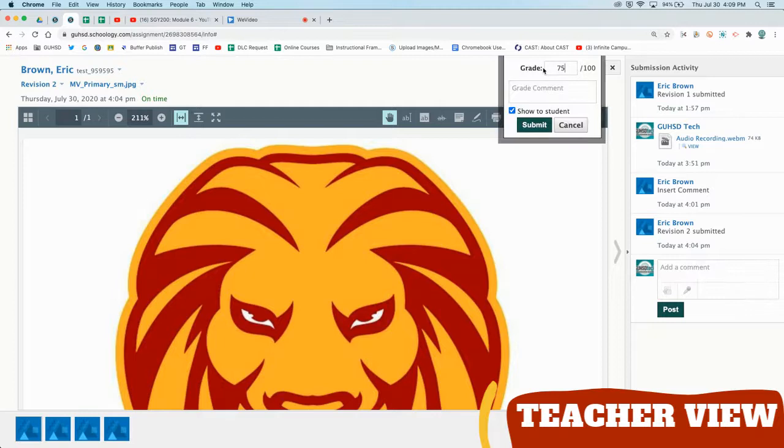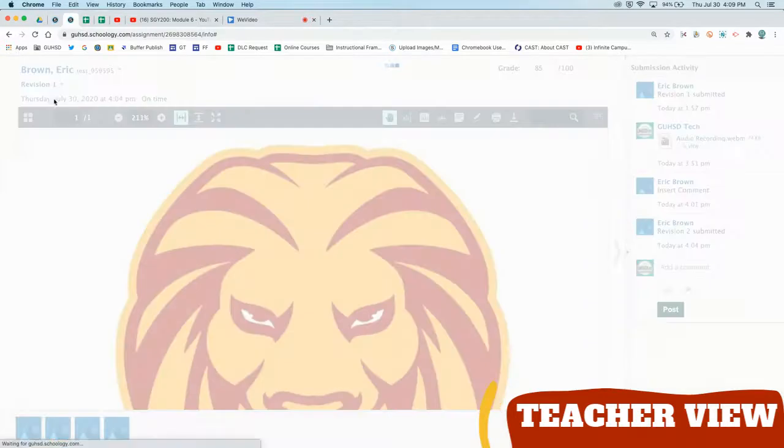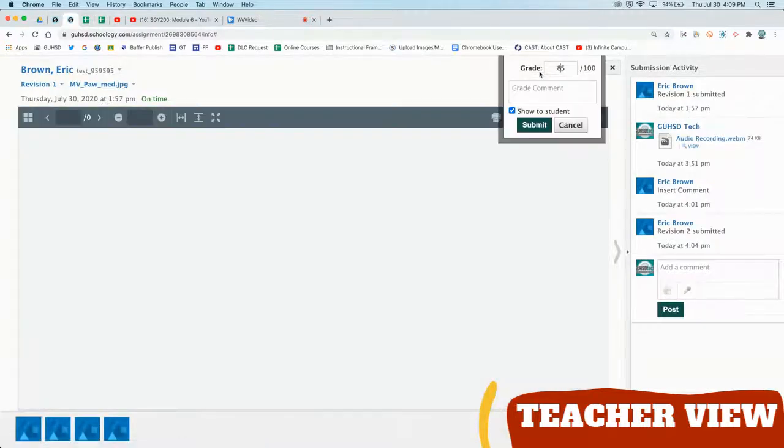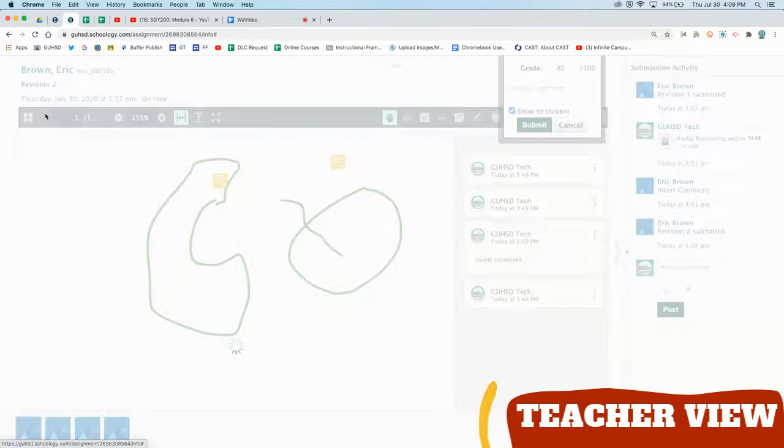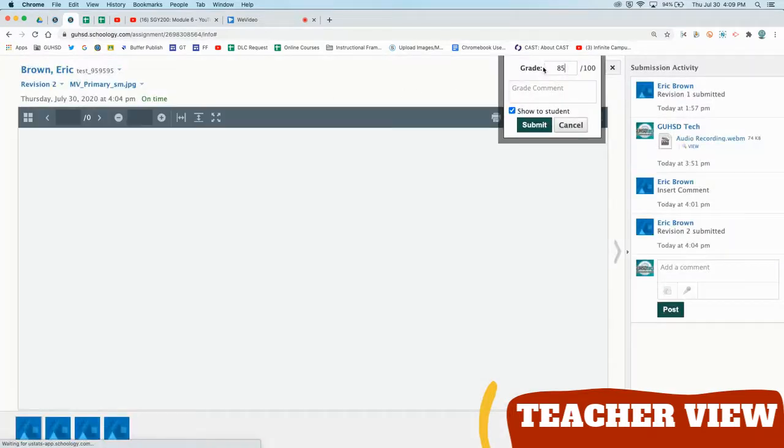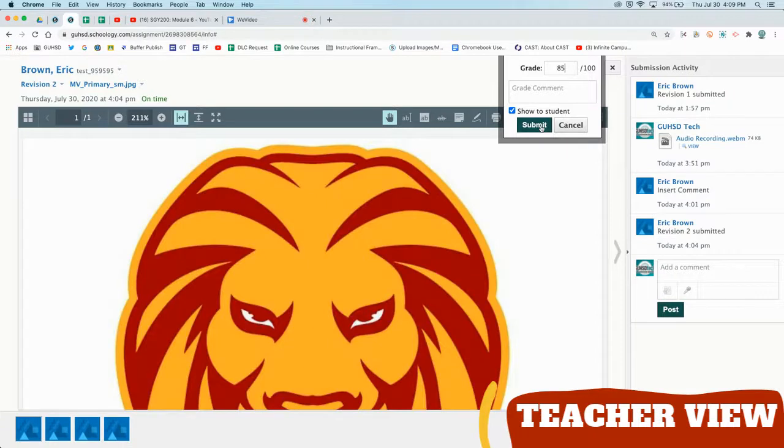You can go ahead and make an update to the grade. The grade in the gradebook is going to be the most recent update that you make to this grade right here. Notice there's only one grade listed, but we can toggle between assignments. So revision 1, the grade stays 85. Revision 2, the grade stays 85, because 85 is the most recent grade that I've provided that student based on their most recent revision. At this point,